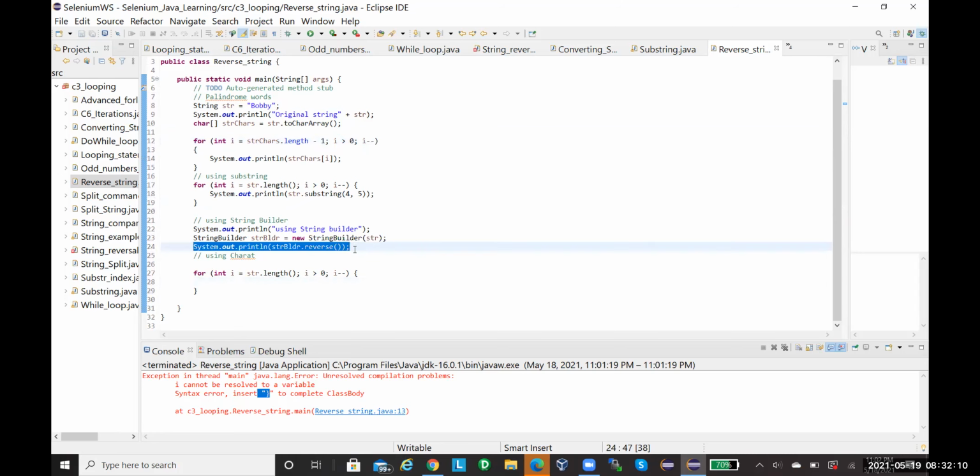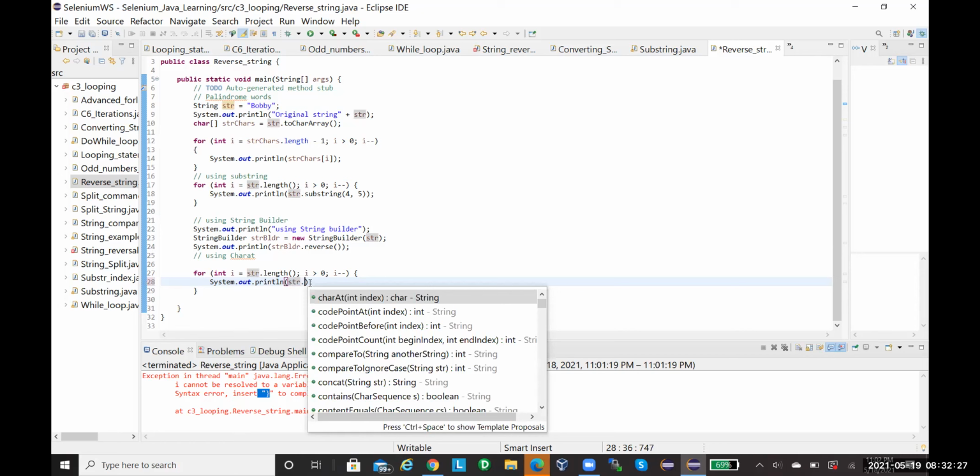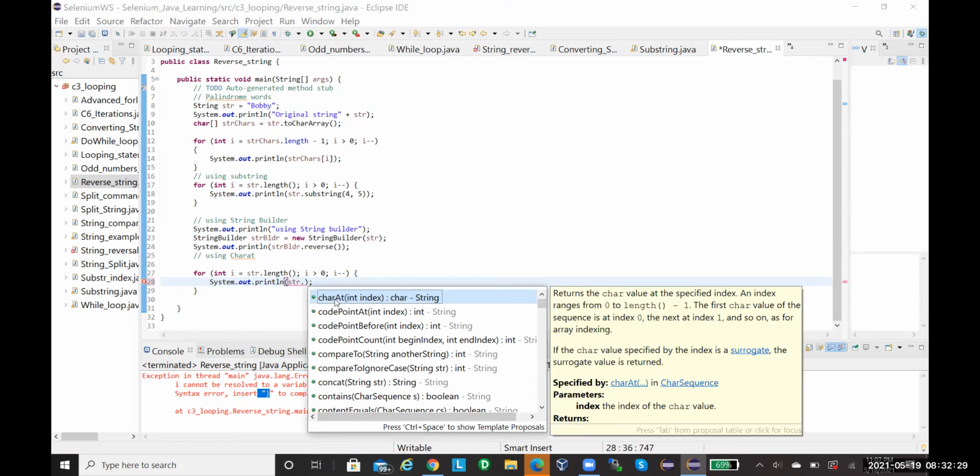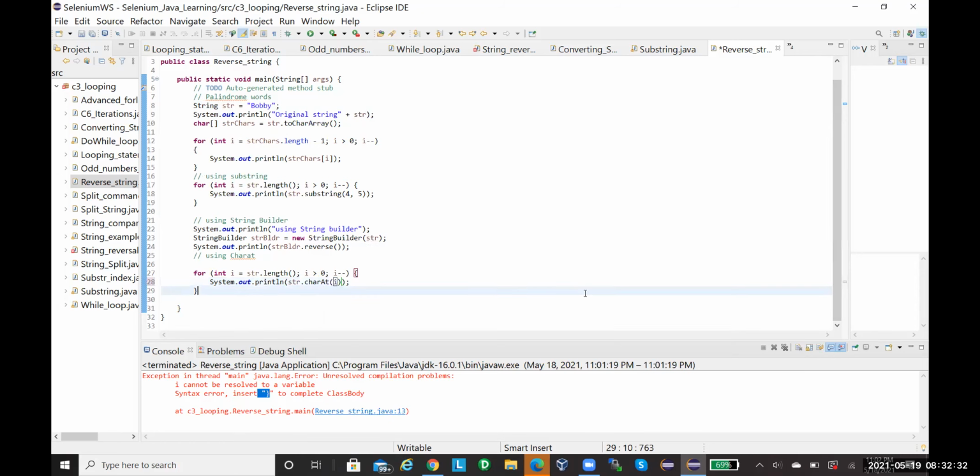str dot charAt of i. That's all. Dot charAt, you see, it is taking the index position. Right, that's all.